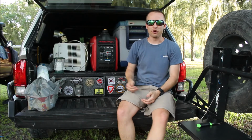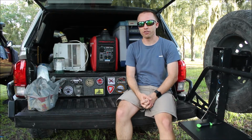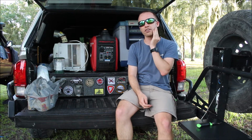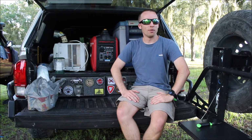So this is take 2 of camping with a generator and an air conditioner. The last time we camped was the Chaz and we were told no generators, even though we were the only people camping in the campground. And I probably have one of the quietest generators on the market. So I kind of learned my lesson and we're going to wait till the sun starts to go down. But